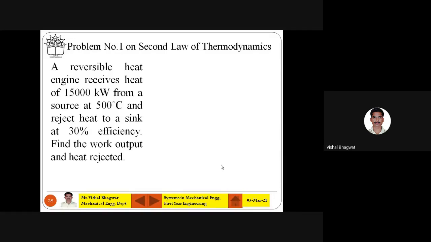A reversible heat engine. Okay, fine. Do not note it down. We'll stop here. We'll see these numericals, or what I will do is send you my previous YouTube videos about the numericals and this topic. Please watch them well.